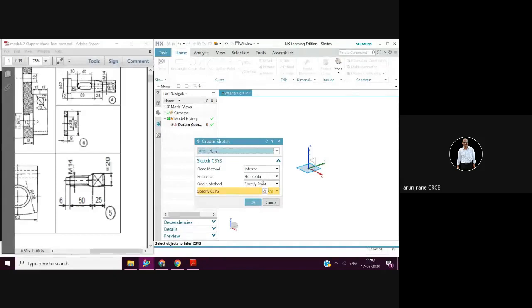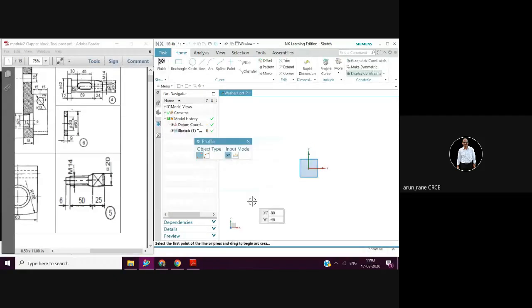The plane horizontal is there. So I say okay here. So now in the sketch, I'll select circle. Tell me the diameter of the inner circle. This is the washer, part number 6. 30. What is 30? 30 percent. I'll go for this method. Okay, so center is 0. The diameter is 30, enter. Then you got a circle.